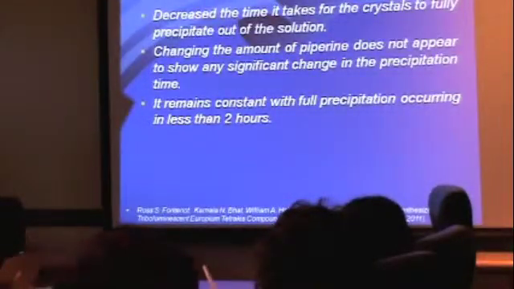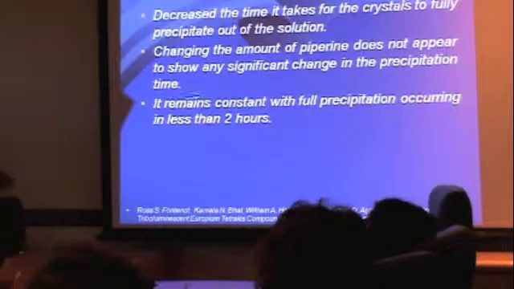And then there is the 97% piperine. It decreased the time it takes for the crystal to fully precipitate out of the solution. Changing the amount of piperine does not appear to show any significant change in the precipitation time. It remains constant till full